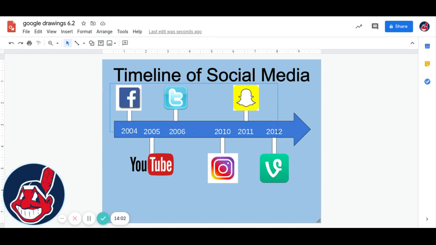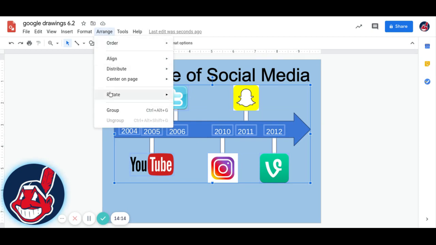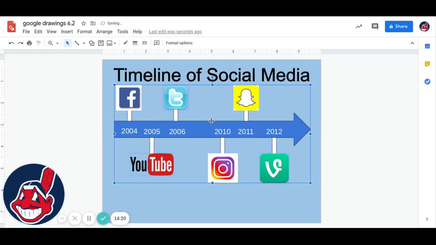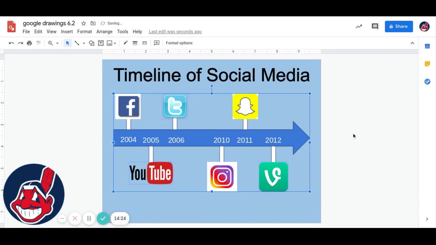you're going to make a box around all of these items, and you're going to notice once you drag around all those items, the icons and the arrow, what you're going to do is go to arrange and go to group. That's going to create it as one object, so that if we wanted to move it around like so, we can. It's kind of a handy tool, grouping, when you're working with multiple different things so you don't have to keep moving